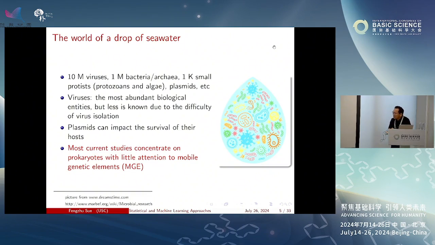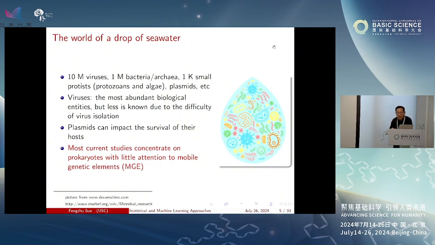Another thing that is related is plasmid. Plasmid also affect the host and impact the survival of their host. So in our recent studies, we try to study the so-called mobile genetic element, including viruses and the plasmid. The story of our studies for the viruses come from our collaboration with the biology collaborator Jed Furman, who is